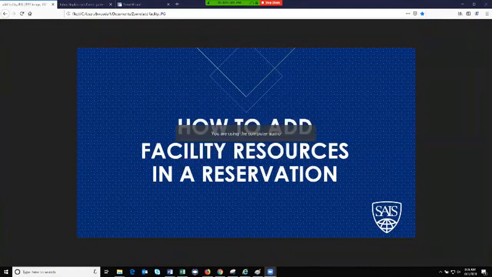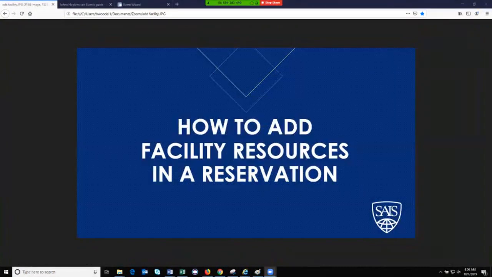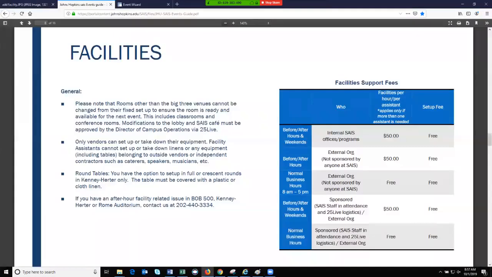In this session, I'm going to talk to you about how to add facility resources in a reservation. The deadline to submit facility resources for an event or meeting is on Tuesday by noon, the week prior to your event or meeting. In the event that you require